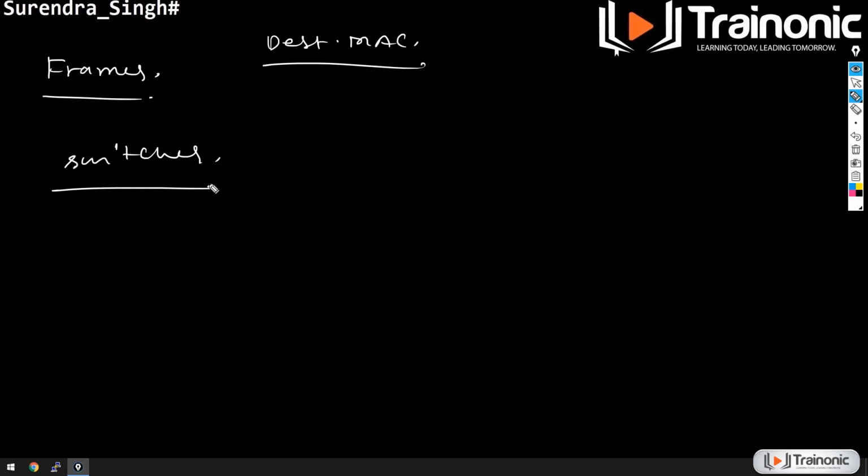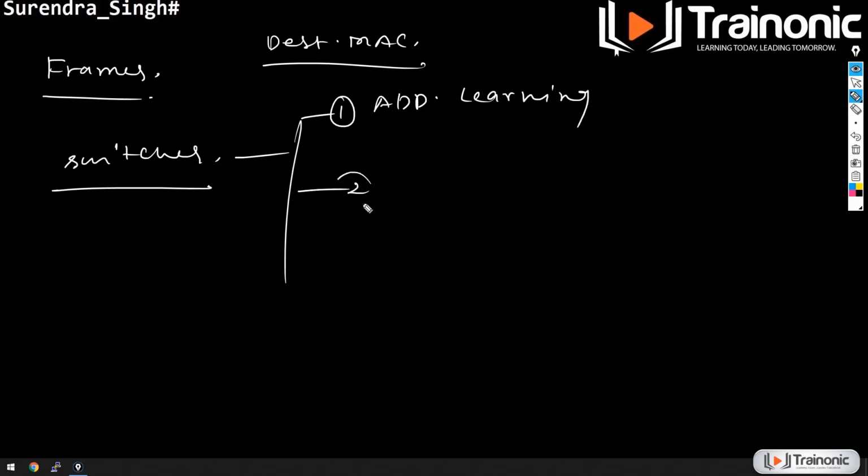If you talk about switches, any switch performs a total of three functions. The first function of the switch is what we call address learning. The second function is the forward and filter decision.